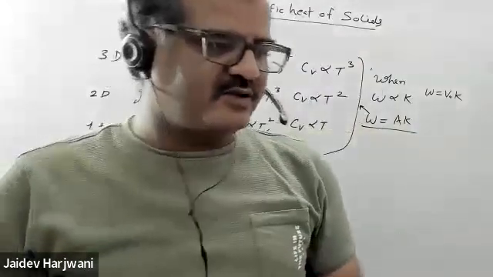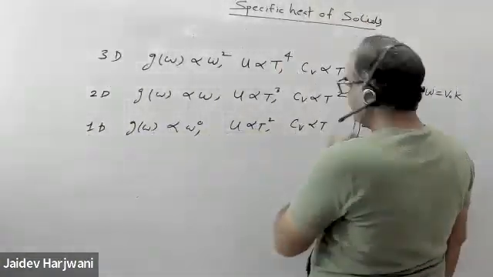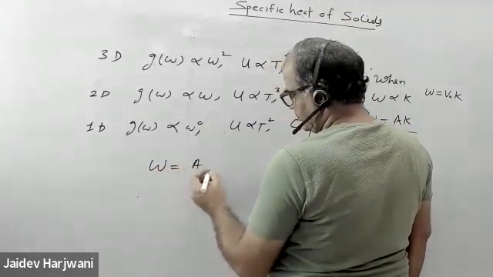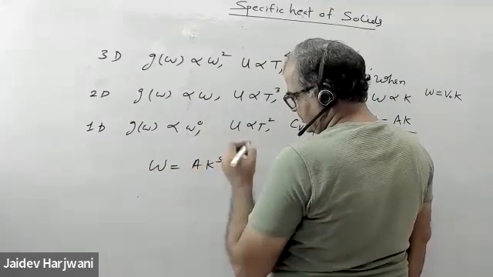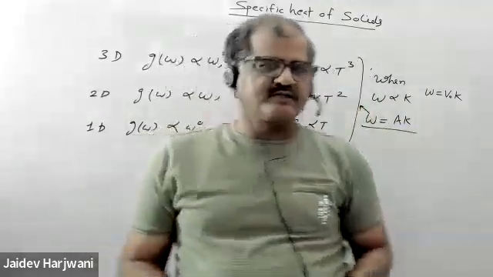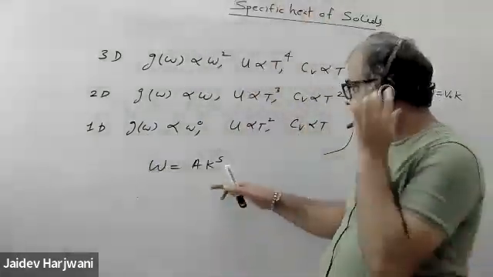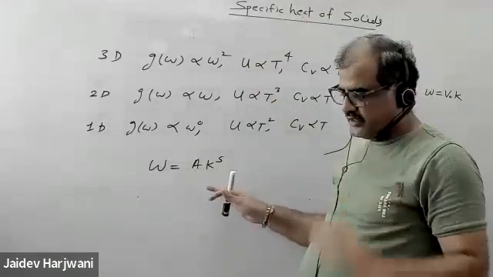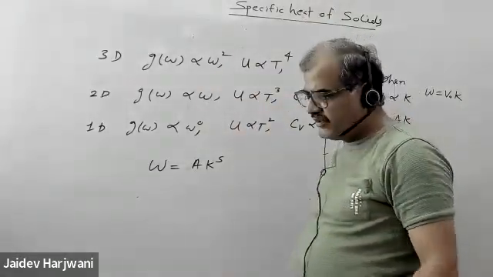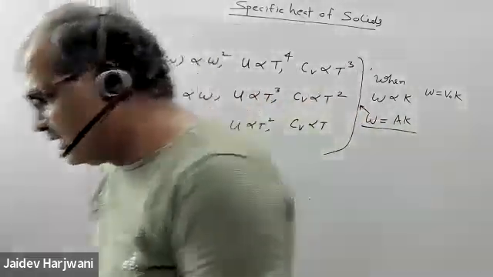Now suppose instead of this linear relation, you have a relation like a k power s, where s can be anything, it can be 2, 3, 1, 0, constant. In those conditions these relations will change. So we will not derive the expression, we will just